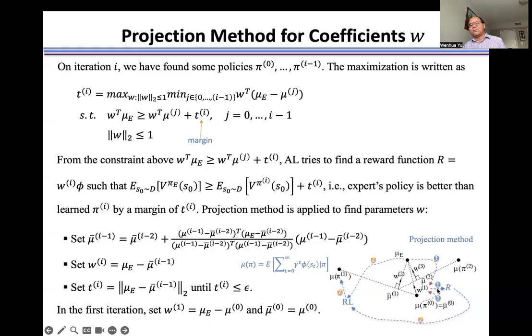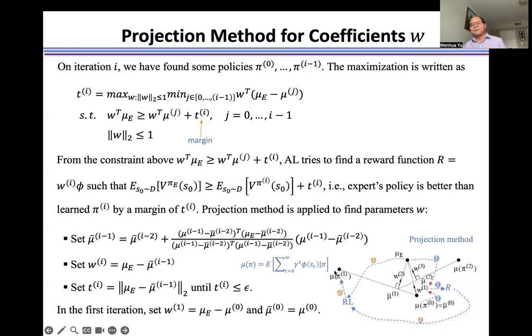So from the W1, we can get the reward function R. And then we give this reward function R to reinforcement learning, and also we give this value to reinforcement learning. Using reinforcement learning, we can find this pi. And then from pi, we can calculate